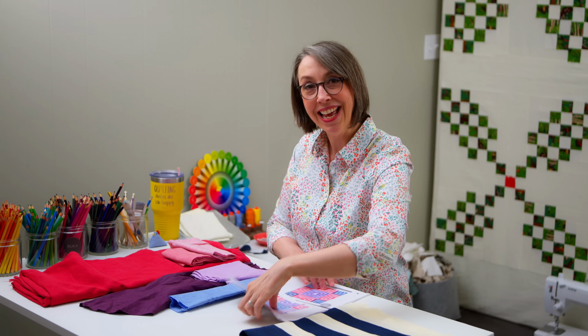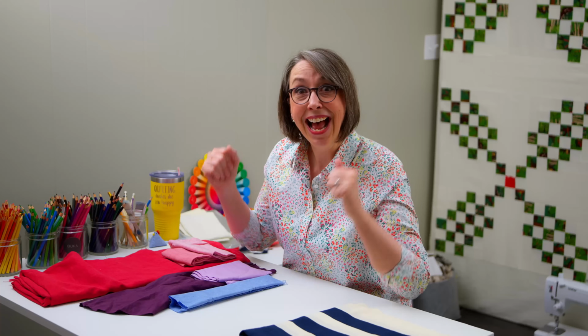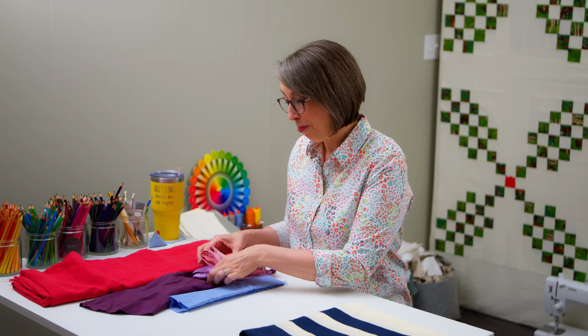And so I put all these away. And I reminded myself that even though I would like to give the world a linen quilt, I do not have to make an all linen quilt. I have an entire fabric stash of all kinds of colors, and they're all available to me. And I mix fabrics all the time and love it. I don't have to have a 100% cotton quilt top. And I even use cotton poly sometimes. So I put it all away and I got out my fabric again,